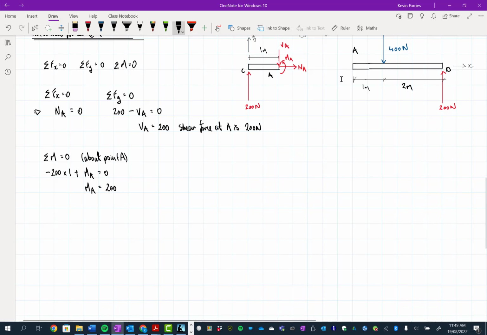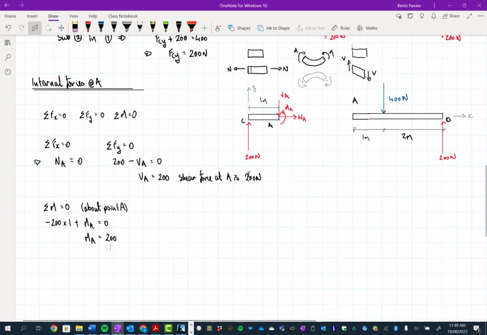Okay, in this direction, it's 200 in that direction. So it's positive, so we've got the direction right in the diagram. And then we can figure out the moment at A. Moment at A is equal to. So the moment at A,